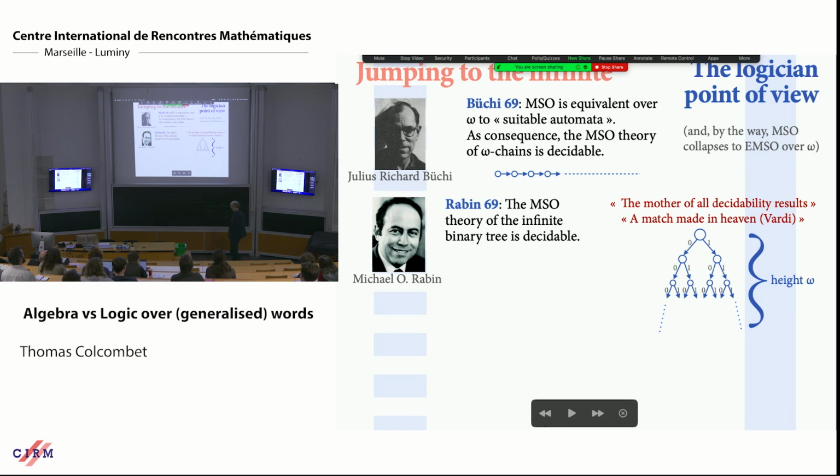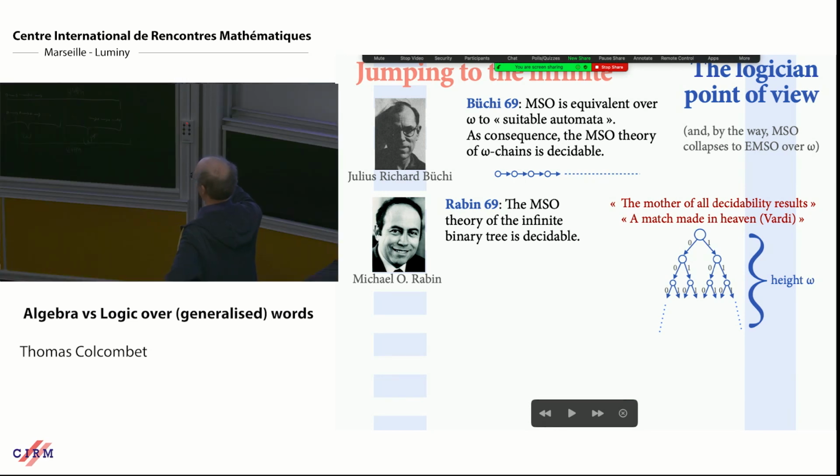Now, one of the main results in this topic is this result of Michael Rabin, which is that you can go beyond omega and go to what we now call the binary tree. It was called S2S at that time, the logic S2S. But you can see it as this structure where you can go to the left with a special relation and go to the right with a special relation. So if you just look at the left branch of zeros, it's omega, but it's branching a lot. And this theory is much, much more complicated and interesting than the one of omega.